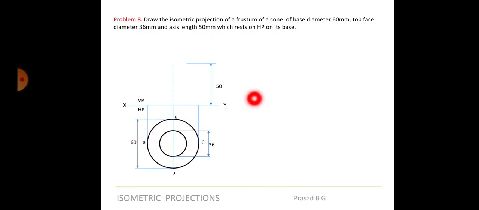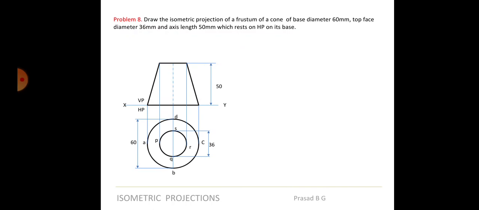Now when it has been cut like this, from the top also you will see one circle, and the bottom you will see one more circle. So this diameter is 36 and this diameter is 60. The base is 60, the top is 36. The same way if I draw the projections from there, the front view will look like this. So now I'm sure after seeing this all of you have understood the meaning of frustum. That means the cone was actually till here somewhere and this was the shape of the cone. So we have just cut it from somewhere in between. So this is the frustum of a cone.